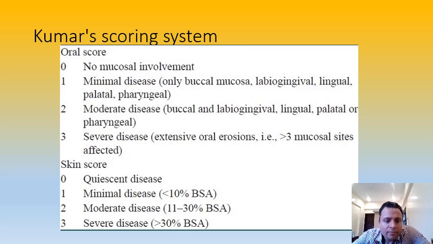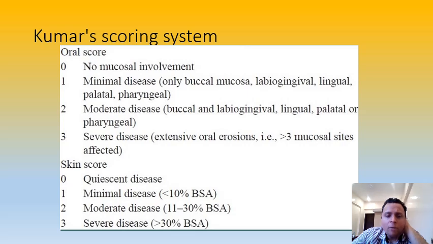Kumar is actually easy. If you see the skin score, I remember this because of body surface area. If you are not doing anything, at least do the body surface area. Less than 10% is called minimal disease. 11 to 30 is called moderate disease. More than 30 is severe disease. Normally the treatment of moderate to severe disease is almost similar, but it is good to mention it. Okay. So again,